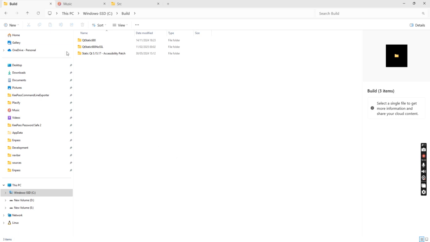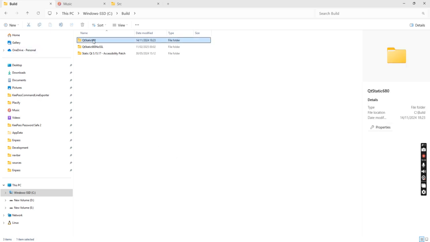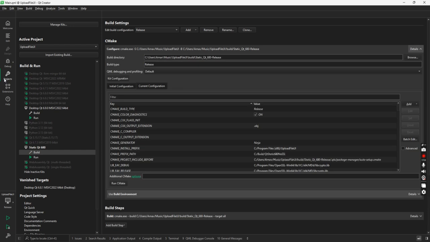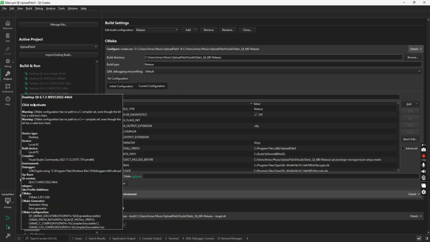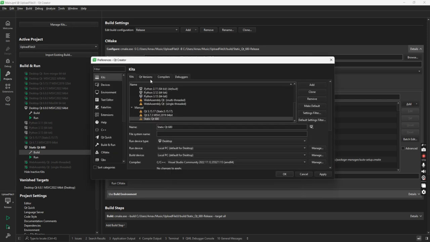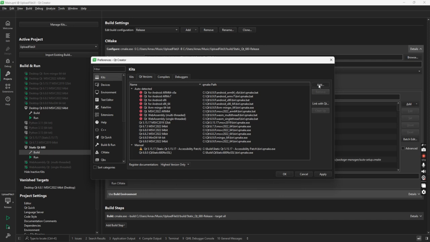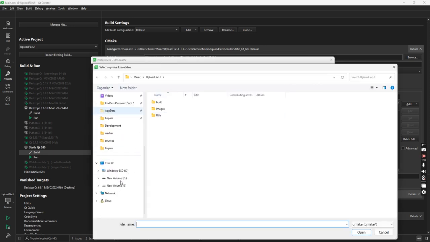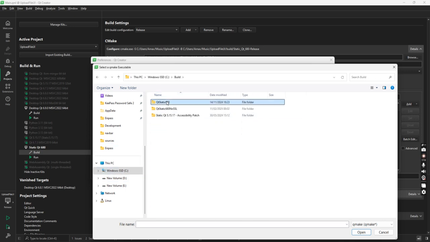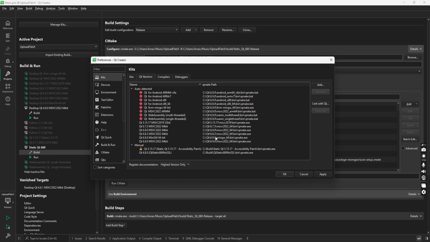Now let's see how to add this. Let's assume that this is the static Qt which we have built, right? So we'll be adding it in the Qt creator. Let's see how. So go to projects, go to manage kits, go to Qt version, this thing, and click on add. Now here, go to the build folder where you install the static Qt, this one, go to bin and choose the qmake.exe,